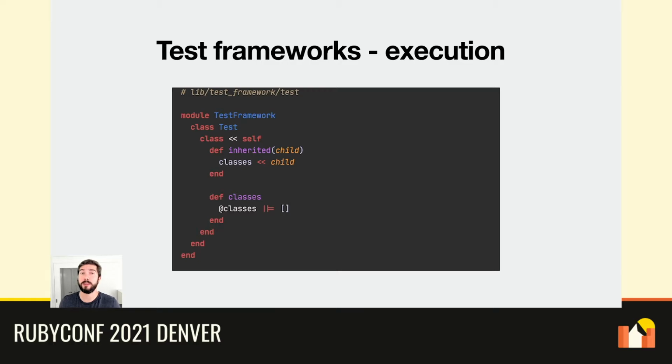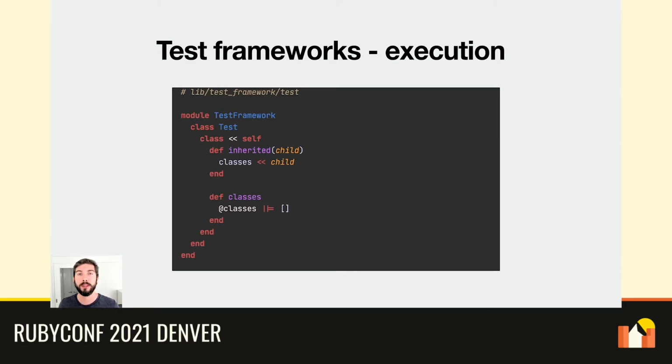And by defining this class method inherited, Ruby will invoke it for us every time our base class is inherited by another. So if we specify that all the tests must inherit from this base class, Ruby is going to call that callback for us, and we're going to be able to save all of the test classes into an